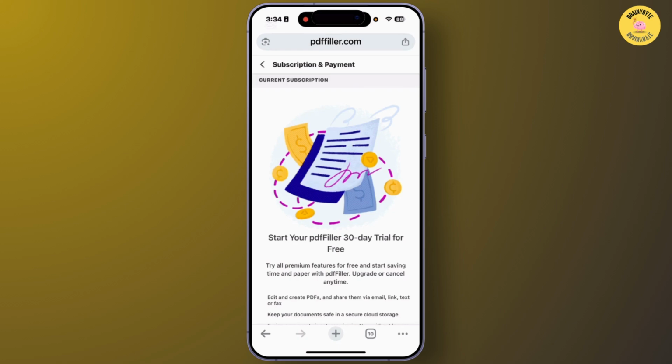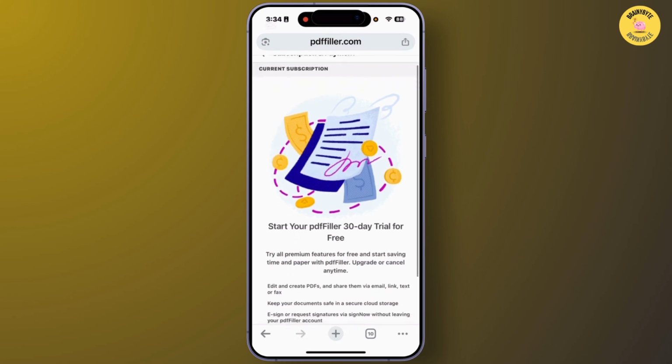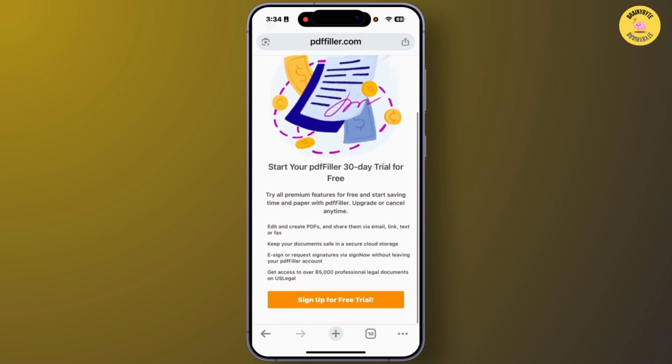Alright, after you come to the subscription and payment section, after you scroll down, you can easily find options like cancel PDF subscription from here. So in my case, I am getting options like sign up for free trial. In your case, you might be finding options like cancel PDF filler subscription if you have subscribed to PDF filler, and after you tap and click on that cancel PDF subscription, you can easily cancel the subscription on PDF